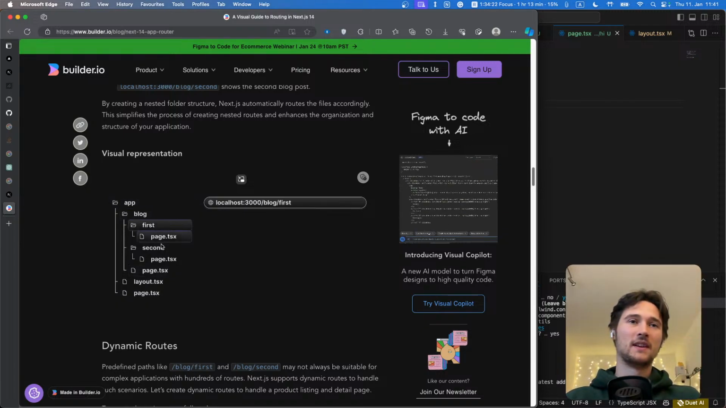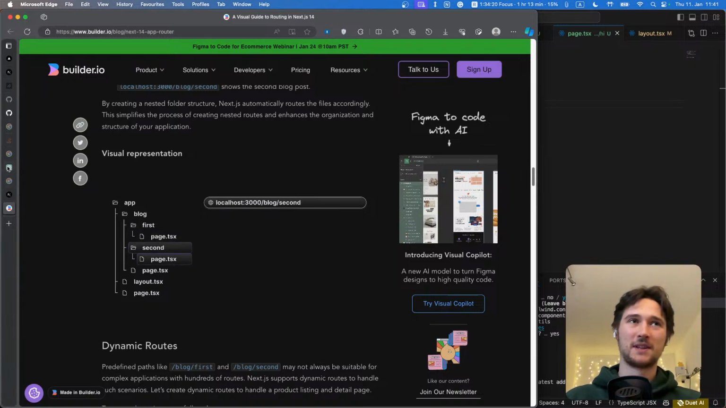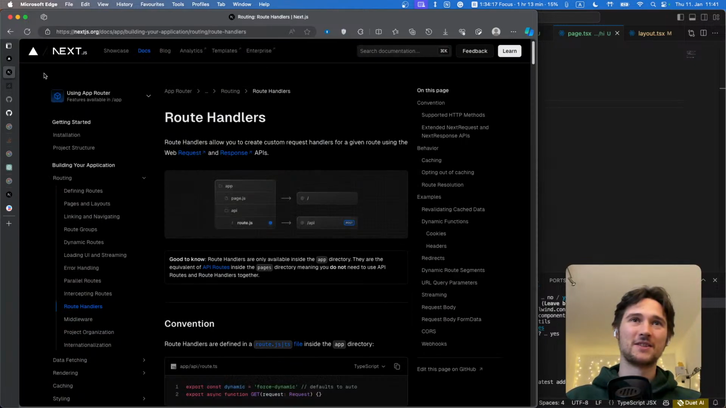They describe here with a... So here we see page.tsx, but if you go to the official documentation of Next.js,